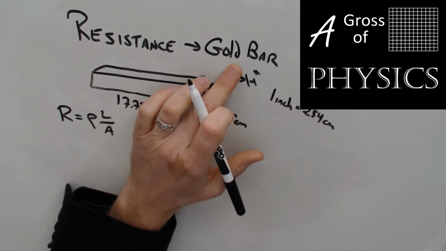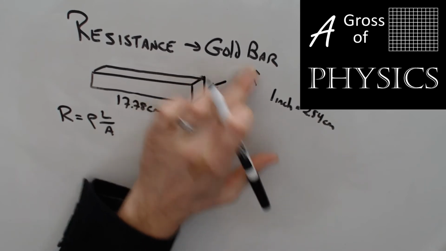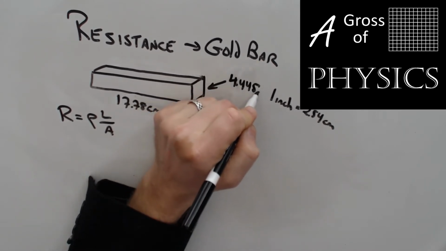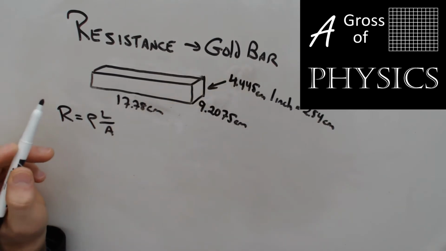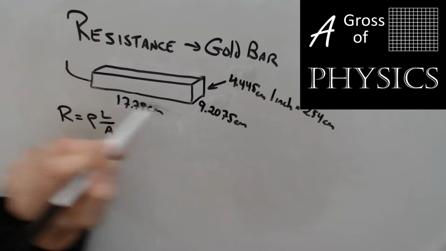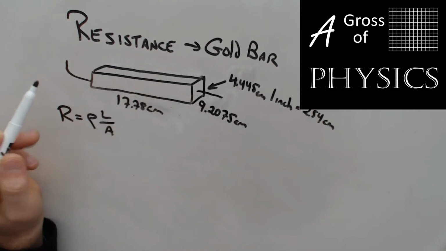And then 1 3/4, so 1.75 times 2.54 is 4.445 centimeters. Now, if we look at connecting the gold bar to a circuit from the endpoints, that would mean